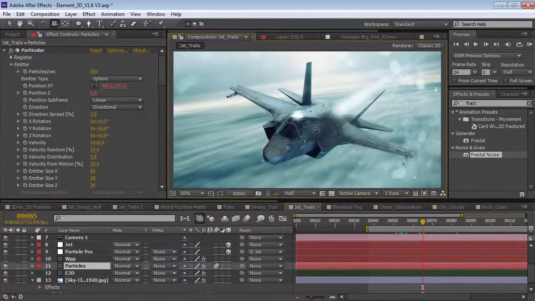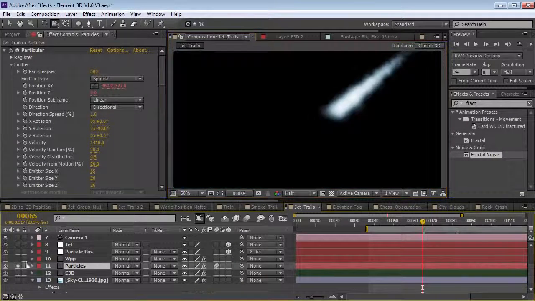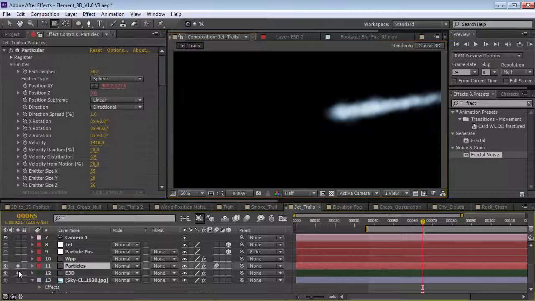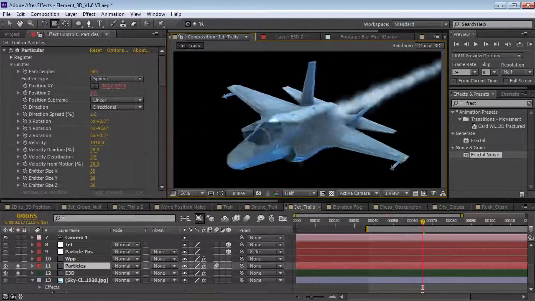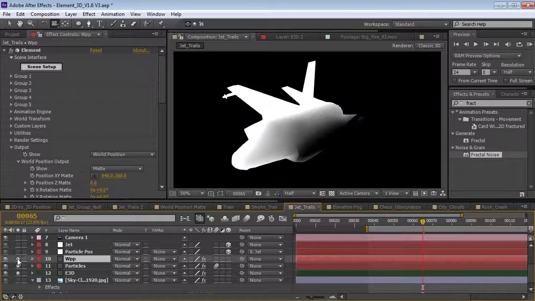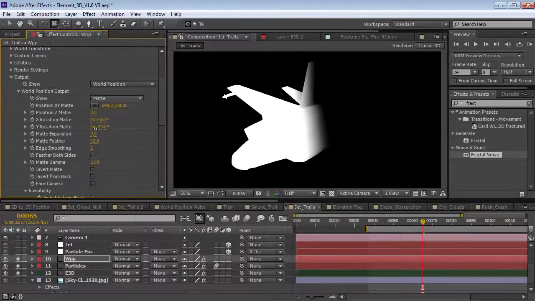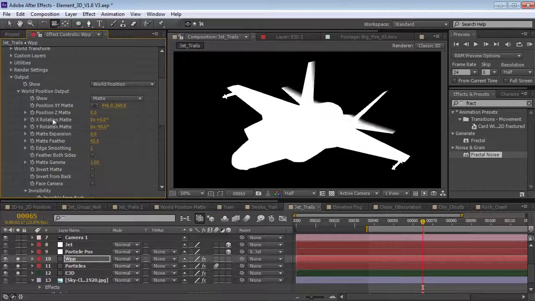Let's go and take a look at one last scenario with the world position pass. So I've got this jet and some particle smoke, and we'll just turn these two layers on. So right now they're not intersecting correctly. The particles are just rendering on top. So I've created a world position pass already, and I'm going to scroll down, and I just need to rotate it, and then I'm going to move it to the back here,